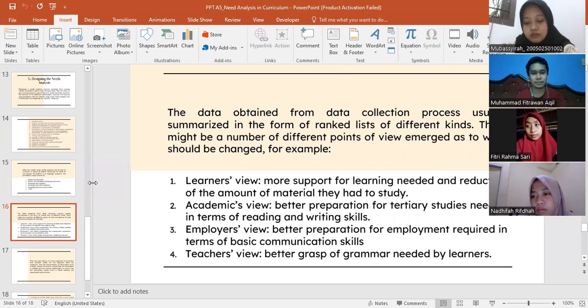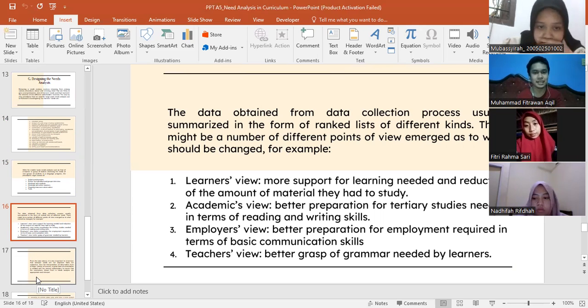For example, learners view more support for learning as needed and a reduction of the amount of material they had to study. Academics view better preparation for tertiary studies as needed in terms of reading and writing skills. Employers view better preparation for employment requirements as needed in terms of basic communication skills. And teachers view a better grasp of grammar as needed by learners. From the case above, it is also important to remember that because